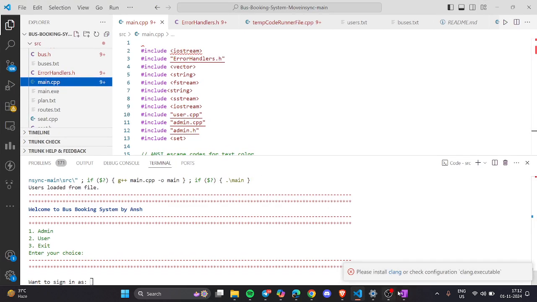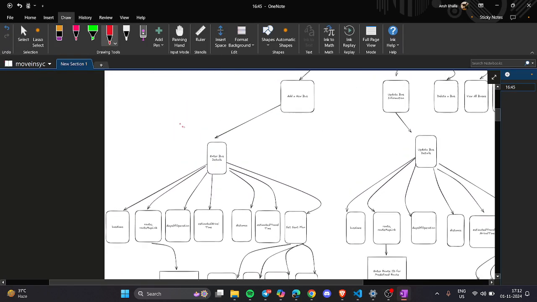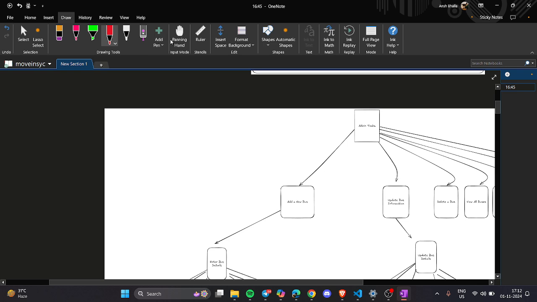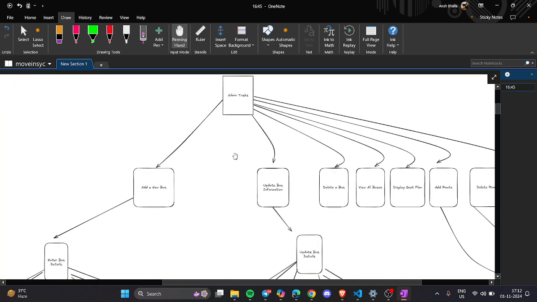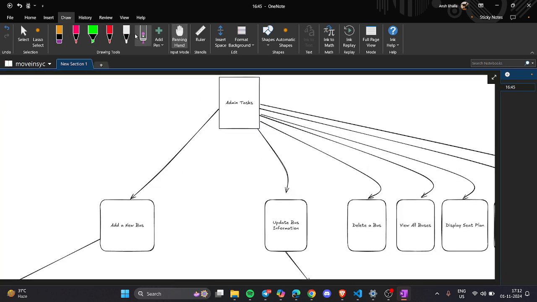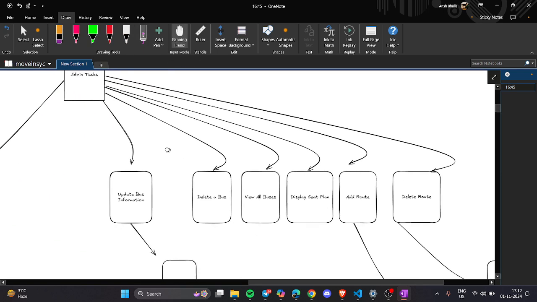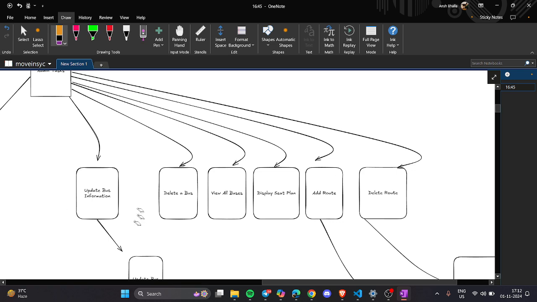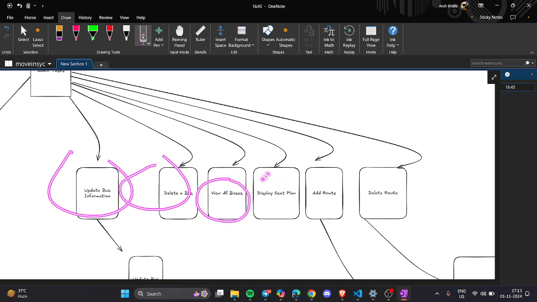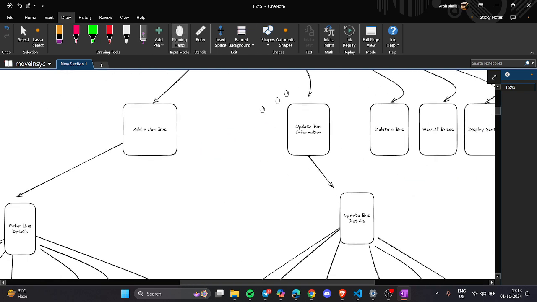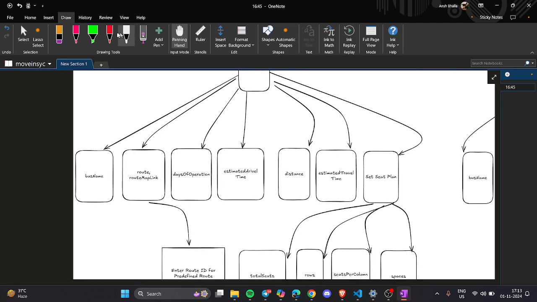So firstly we will look at a basic flow chart to understand the tasks done by the admin and user. Admin can perform tasks such as adding a new bus, updating bus information, deleting a bus, viewing all buses, displaying the seat plan, and adding new routes for route creation and deleting routes in the same way. On adding a new bus, the admin has to enter the bus name, route link,